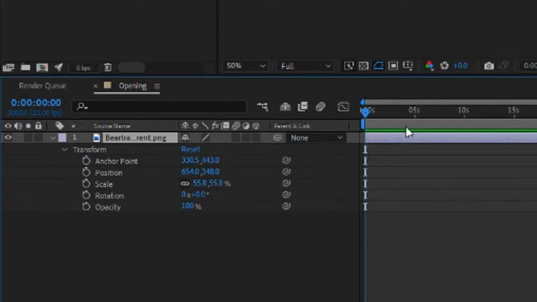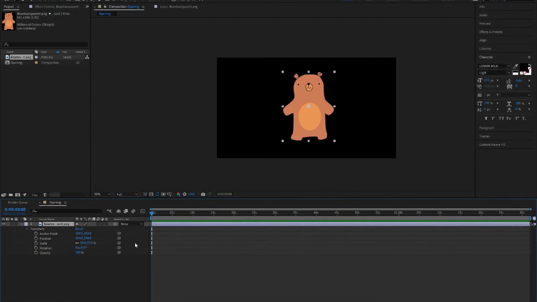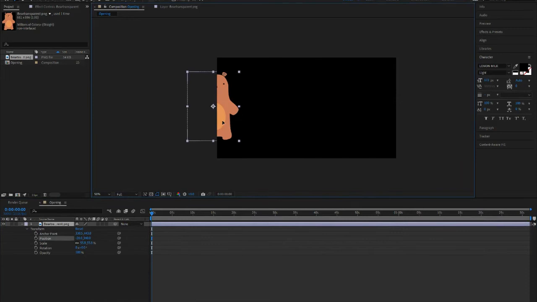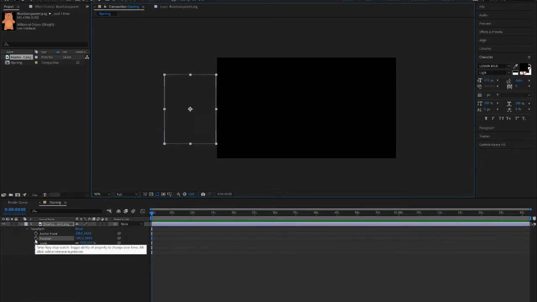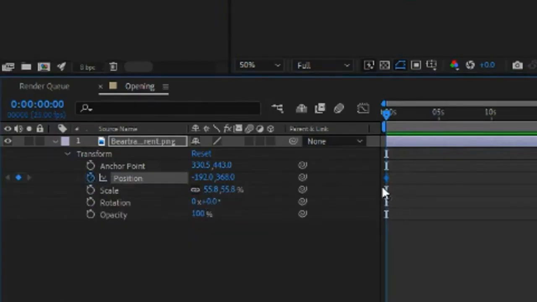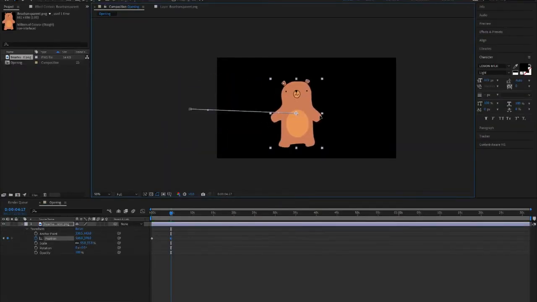So right now there are no keyframes, but let's say I want this bear to go from left to right. First, I'm going to start where I want the bear to start. But it's not going to do anything unless you put a keyframe. So I'm going to bring this bear over here, and obviously I am playing around with the position of the bear. So I'm going to click on this little stopwatch, and you'll notice now that I created this keyframe. I'm going to bring this over maybe around 5 seconds, and then if you bring the bear over to the other side,